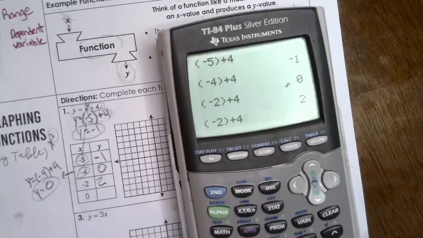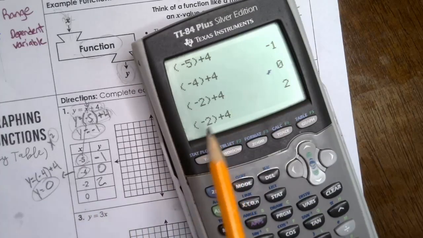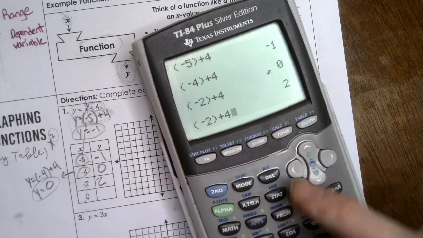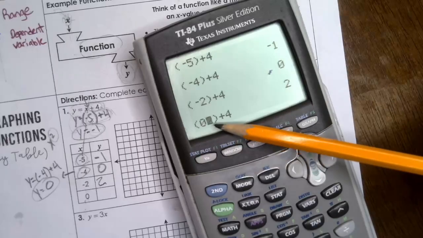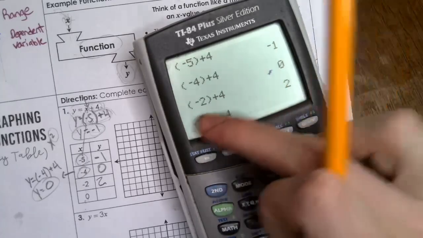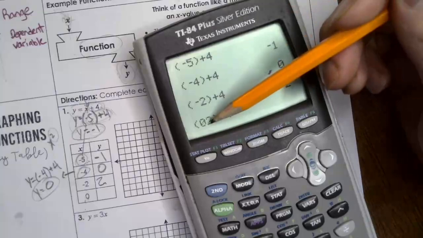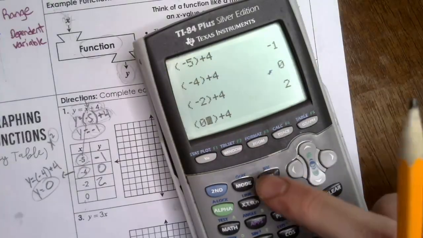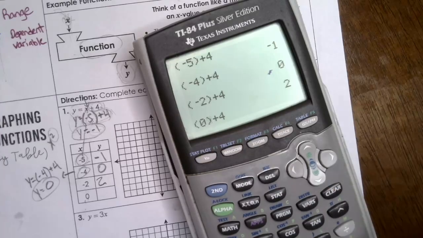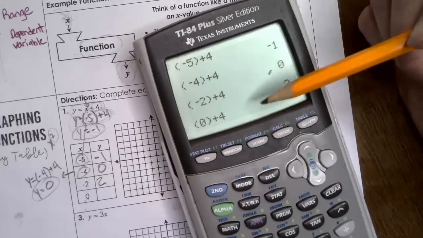So this gets people in trouble a lot of times. Like, okay, I want to change it to a 0. I want to change that to a 0. So you scroll back and you type in 0, but you still got a 2 right there. You got to get rid of it. If you hit clear, it's going to clear the whole thing. So how do you get rid of just one little piece? Well, that's where this delete button comes into play. So if I hit the delete button, it just takes away whatever your cursor is on and it scoots everything